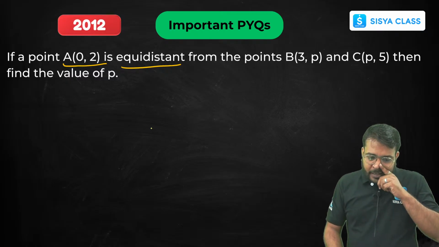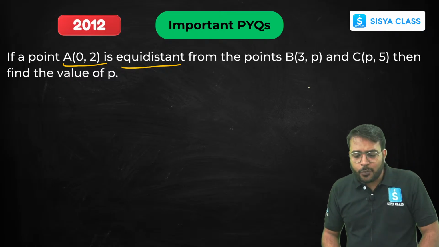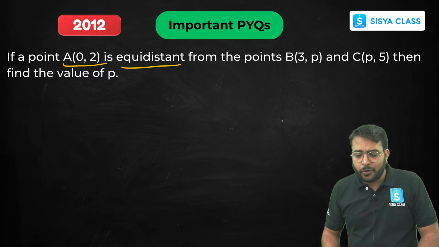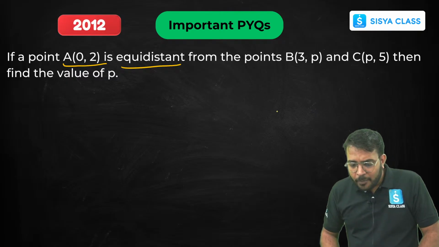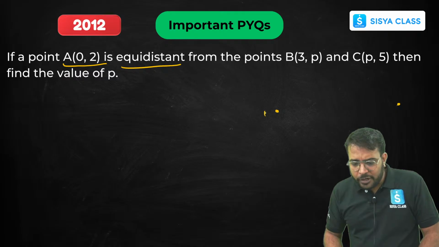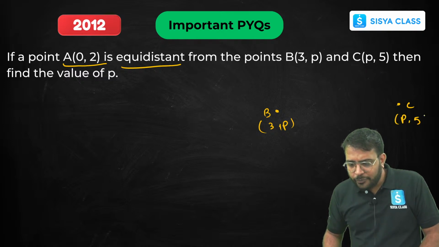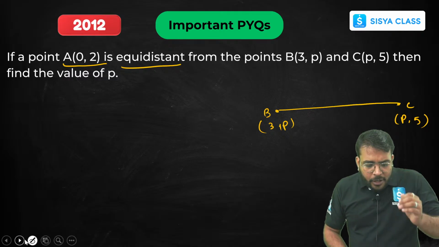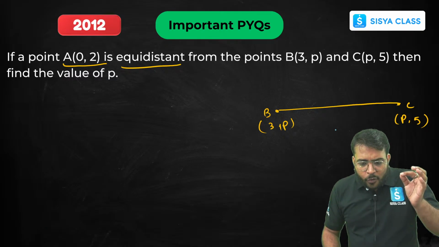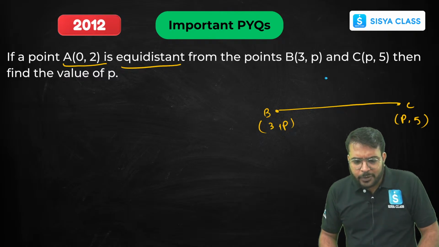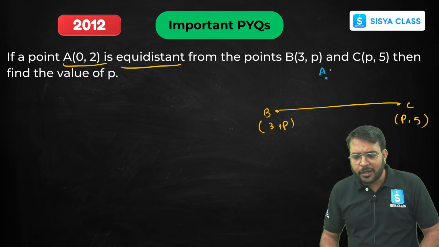ऑलराइट। व्हाट दे आर आस्किंग, इफ ए पॉइंट A इज इक्विडिस्टेंट फ्रॉम द पॉइंट B एंड C, देन द वैल्यू ऑफ P। ओके, फाइन। सी हियर, मेरे पास दो पॉइंट्स हैं B एंड C, ठीक है, B का कोऑर्डिनेट (3, P) है, C का कोऑर्डिनेट (P, 5) है, ऑल राइट। अगर मैं दोनों पॉइंट्स को ज्वाइन करता हूं बेटा BC को, वन पॉइंट हैज बीन गिवन, एक पॉइंट गिवन है बेटा जिसका कोऑर्डिनेट है (0, 2), ठीक है।